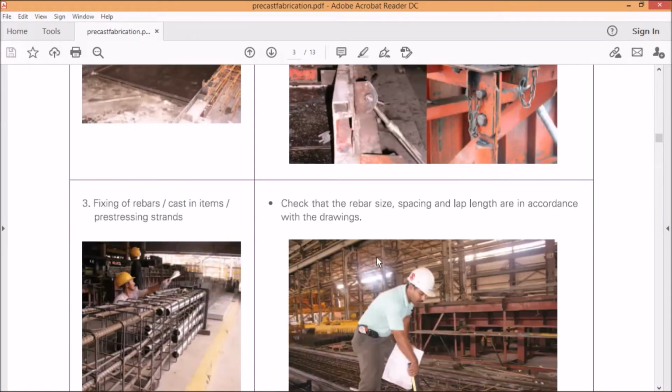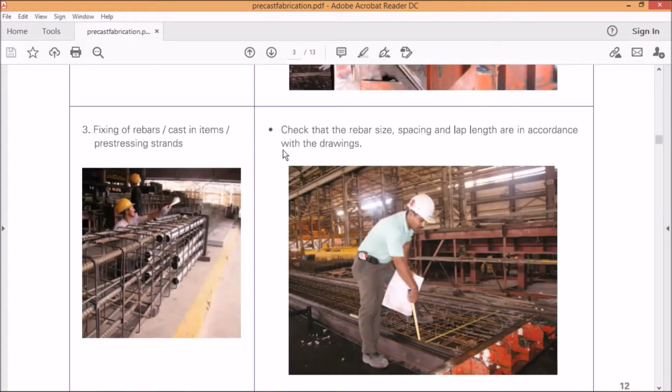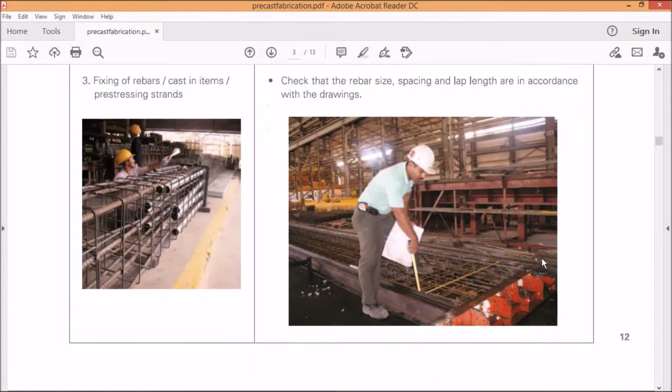Next is the fixing of rebars, cast-in items or pre-stressing strands. There we have to check that the rebar size, spacing and lap length are in accordance with the specified drawings.